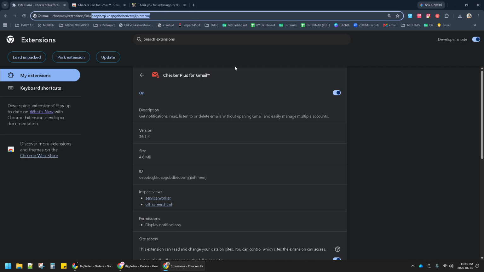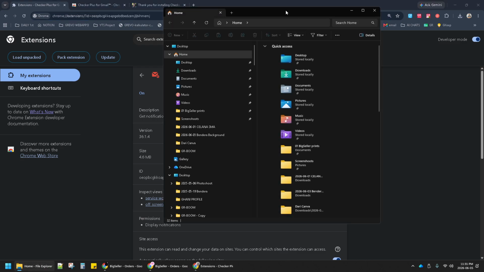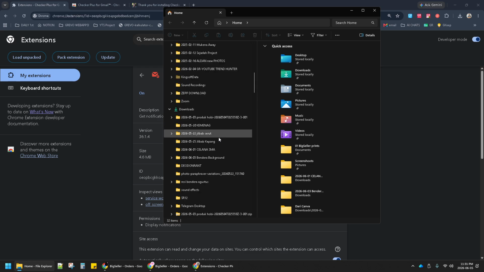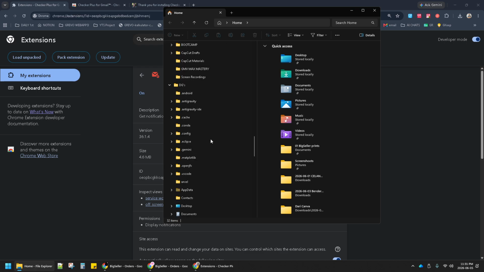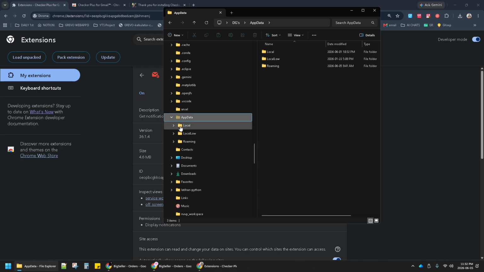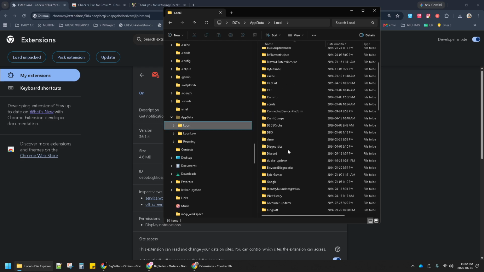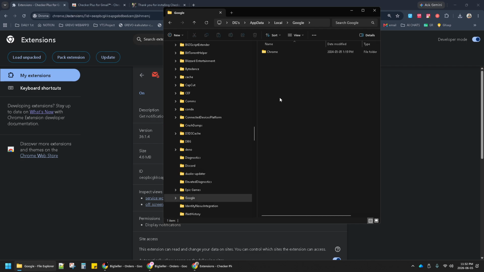Just copy that one, and then if you're using Windows, open your Windows Explorer, and then go to your users, and locate your, wait, what is it? I mean the AppData. Okay, the AppData, and then go to Local, and then find Google, and then find Chrome,